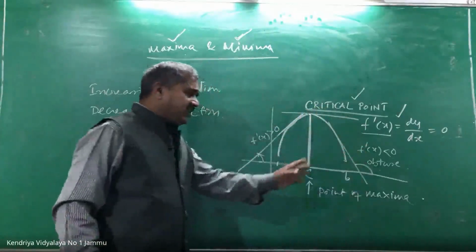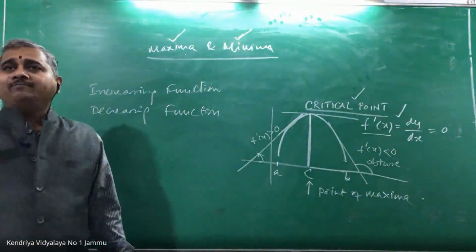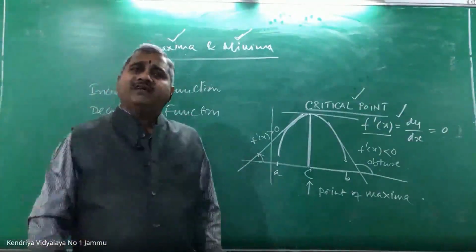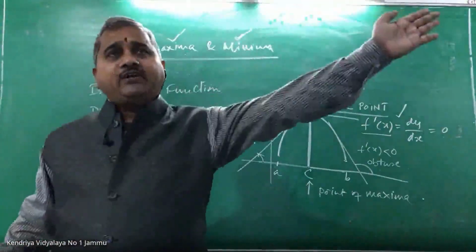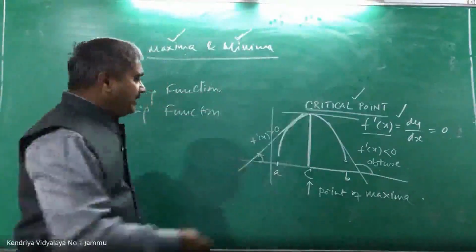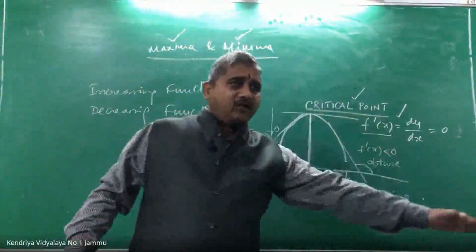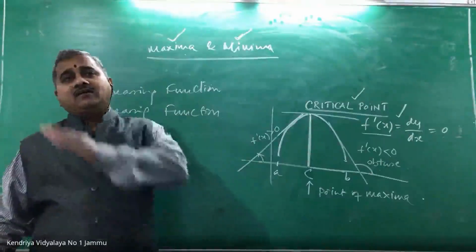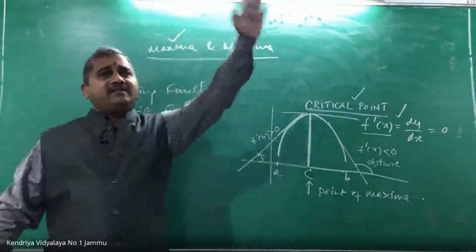If I just take a physics concept, assume that you have taken a ball in your hand, a cricket ball, and you have thrown it at an angle of 45 degrees towards the wicket keeper. So first, the trajectory which you sent into the air goes quite high at 45 degrees. When it reaches the maximum height, it starts descending at a particular angle towards the wicket keeper. That particular trajectory is known as increasing and then decreasing.